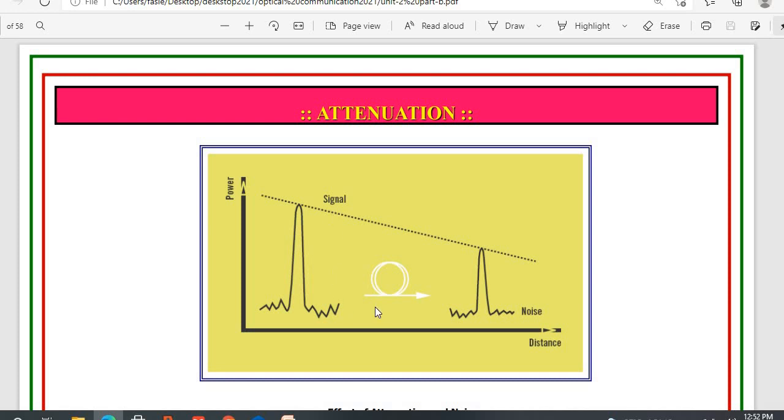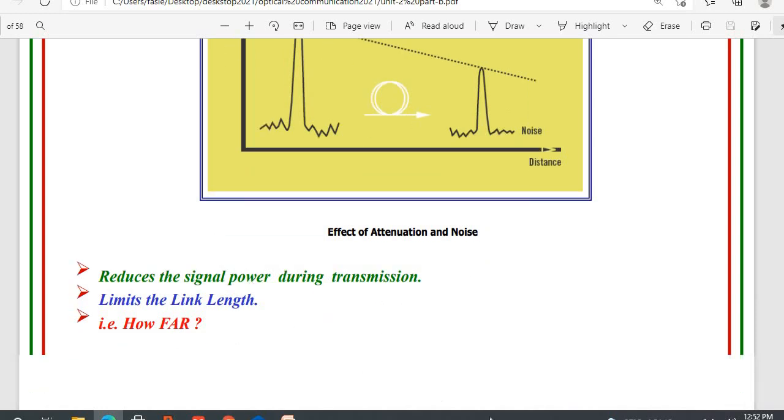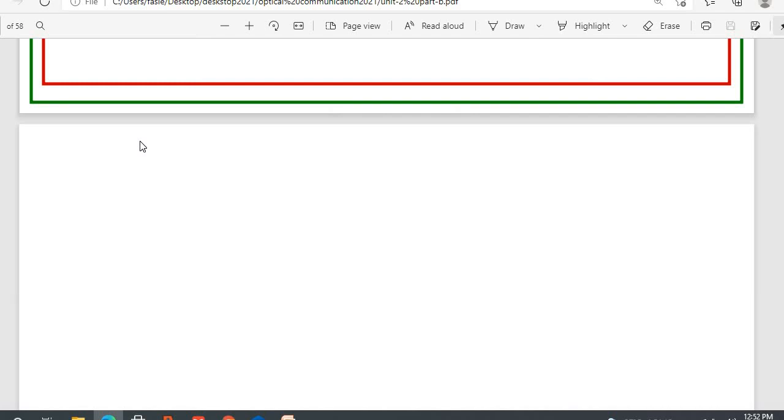I'm sending it through optical fiber and I'm getting noise. See, this has much amplitude. I do have signal, but what else am I getting in that? I'm getting noise also, right? So this is the effect of attenuation and noise on our medium. It reduces the signal power during transmission, which limits the length, and it also depends on how far you are sending the information. So this is the way it gets added up. Next part, whatever